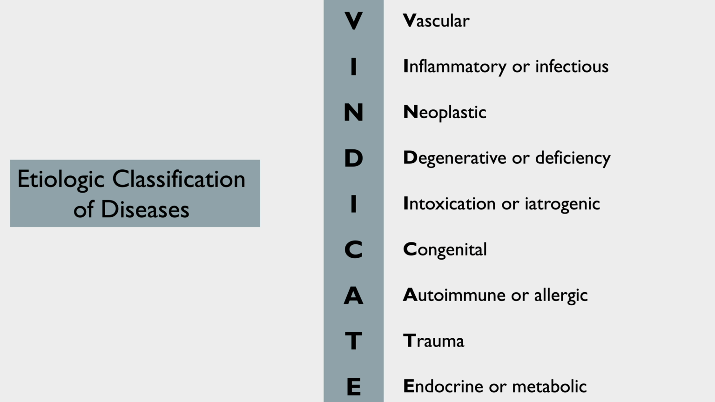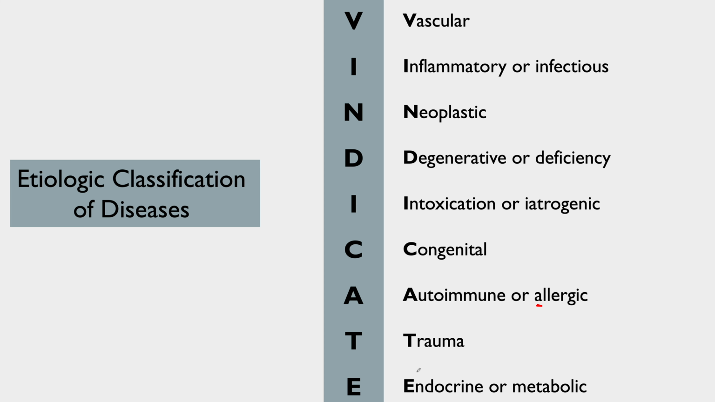Here we have this mnemonic that helps our memory. The mnemonic is VINDICATE. V is for vascular, I is for infectious, inflammatory, N is neoplastic, cancer, D is degenerative or deficiency of nutrients, I is intoxication, iatrogenic, then congenital, autoimmune or allergic, trauma, and endocrine or metabolic. So when we do our differential diagnosis in our mind, we try to remember, okay, what are the